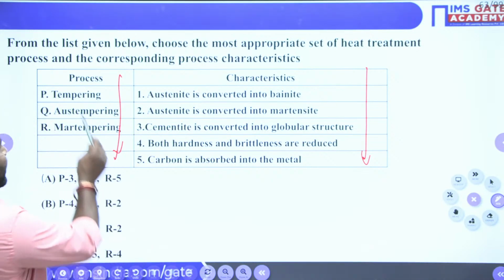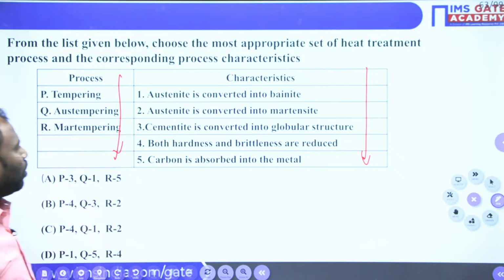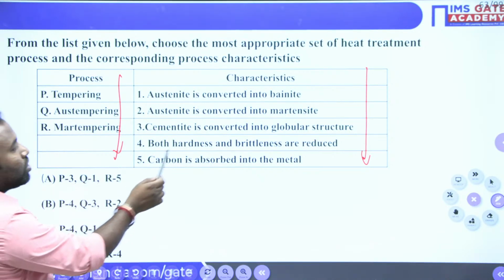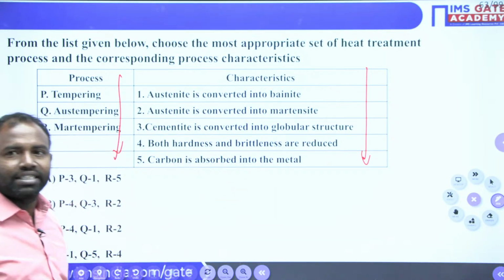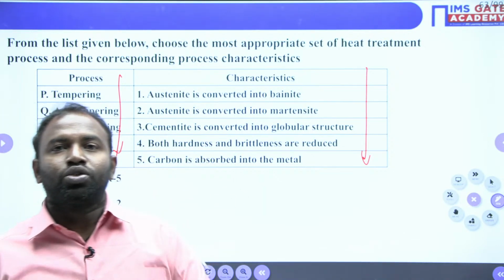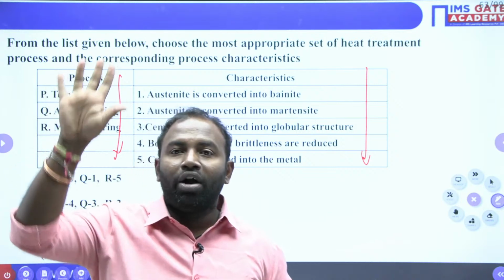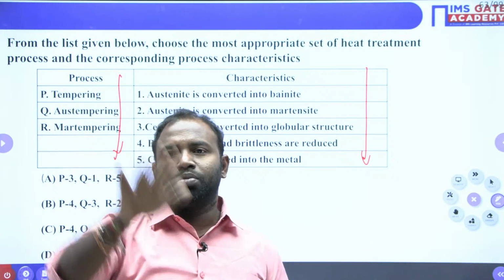Next, tempering: cementite is converted into globular structure. Next, in tempering, both hardness and brittleness are reduced. So in the tempering process, what happens? After hardening, do remember, guys, a very good statement: hardening must be followed by tempering, because hardening